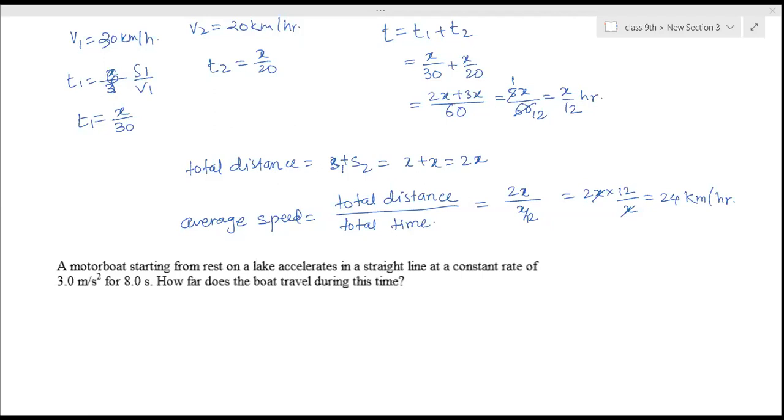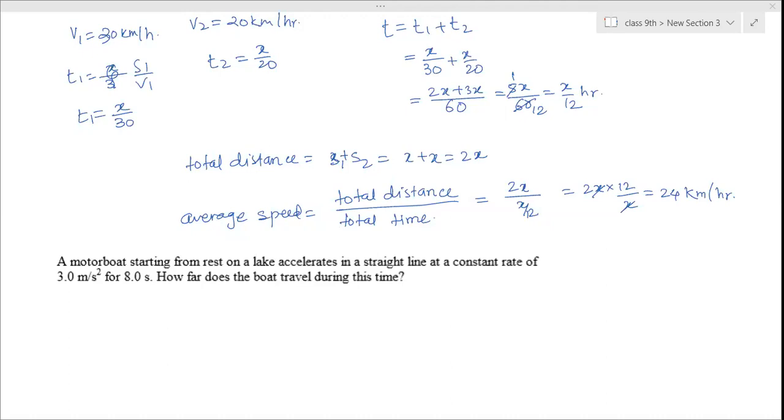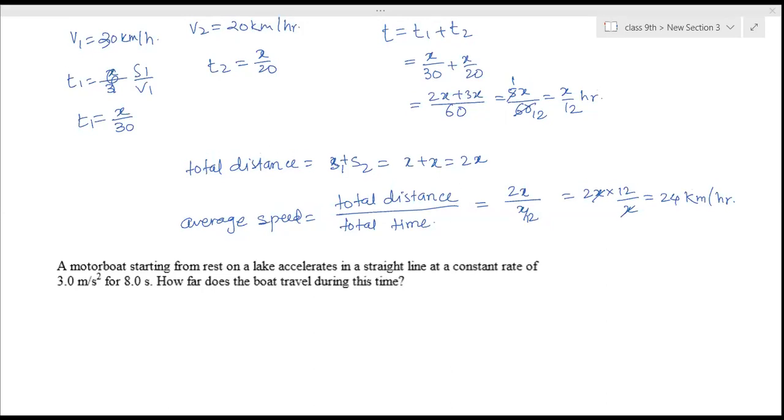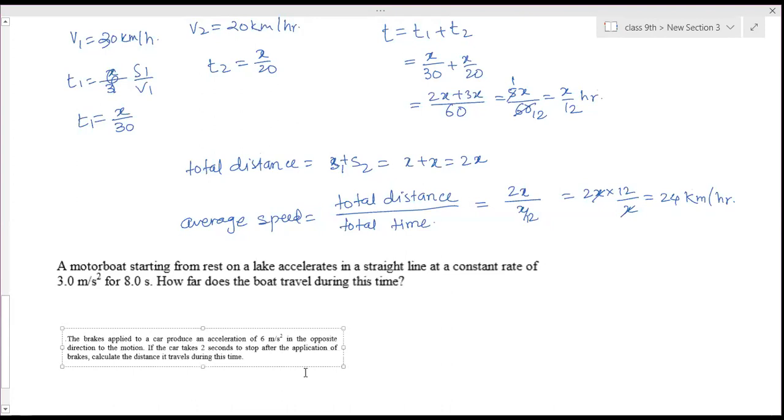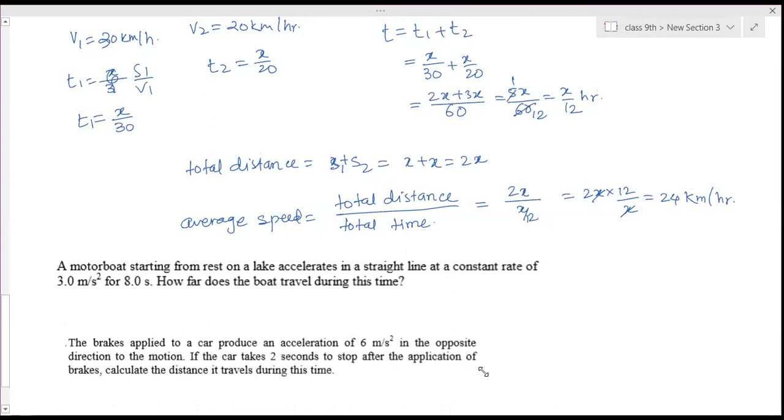Ma'am, is this question there in the worksheet? This one is not there. I didn't write this question. It's there in the NCERT. Yes, ma'am. Is that an exemplar? So that means you are seeing there and solving. No, ma'am. I've solved these questions before. I did the exemplar twice.